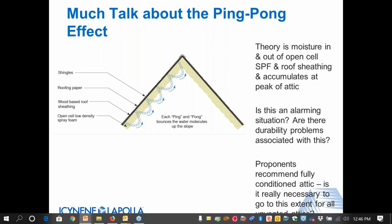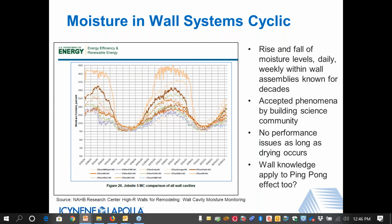The proponents are saying that because the ductwork in the attic now is airtight, there's not a lot of duct leakage getting in there, and so moisture conditions are rising in spray foamed attics, particularly open cell spray foam. They thought this was a problem, and they were recommending fully conditioned attics, which obviously has a lot of implications for our industry. I did wonder if this really extends to all unvented attics, that they should all be fully conditioned. Well, before we answer that and those other questions related to the Ping-Pong effect, let's look at